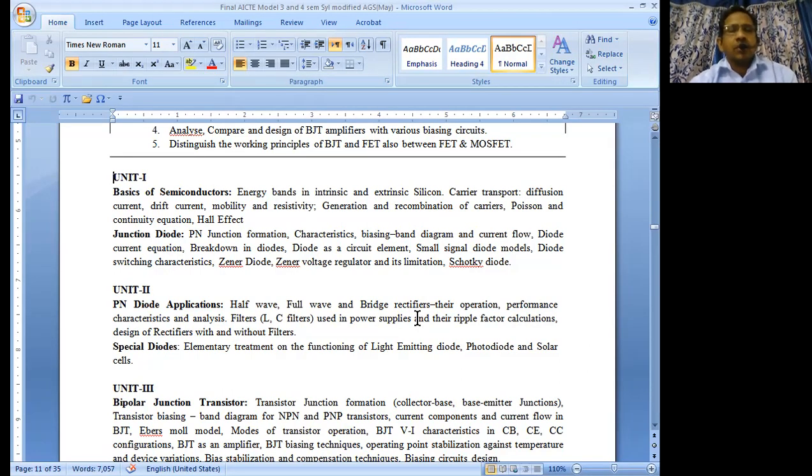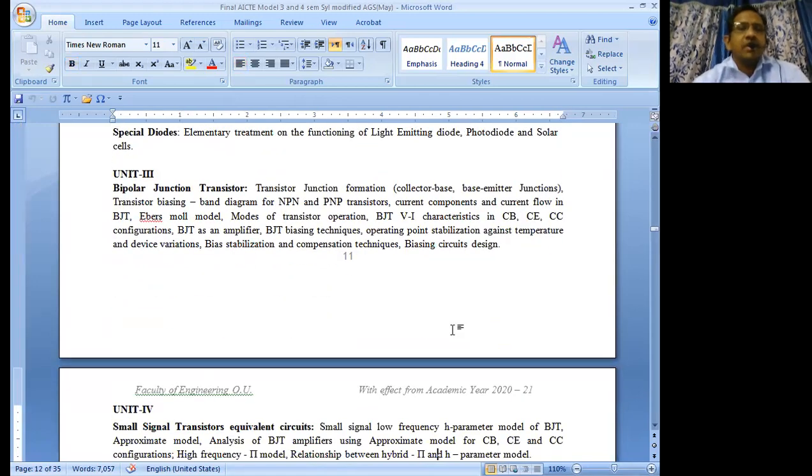There are two applications of a p-n junction diode, as a switch and as a rectifier, and we discussed its application as a rectifier circuit. We discussed the bipolar junction transistor, called BJT, and its various configurations, CB, CE, and CC, and the various types of transistors, the NPN and PNP transistors. Already we discussed all this, and we discussed biasing circuits.